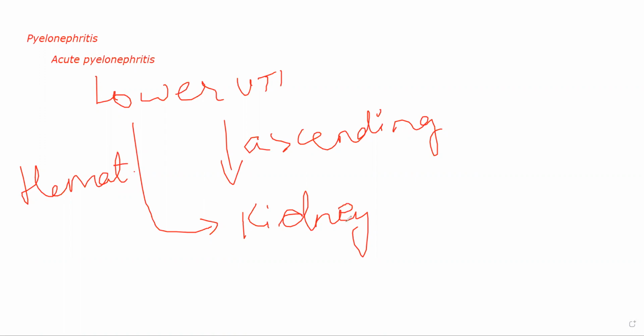Now, the pathological changes that you see with respect to acute pyelonephritis, especially in well-developed cases where it has progressed quite a bit, you will see that the patient's kidney will become swollen. The kidney will swell, it will become enlarged, and if you cut open this kidney, you will see that it has a lot of abscesses, because it is a suppurative kind of inflammation. Suppuration essentially is a process in which abscess formation is occurring. So whenever you cut open the kidney of a person who has acute pyelonephritis, you will see yellowish white abscesses.